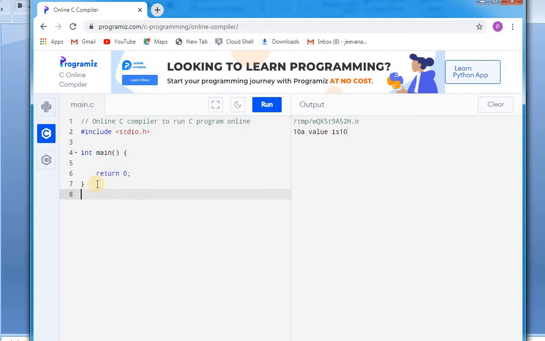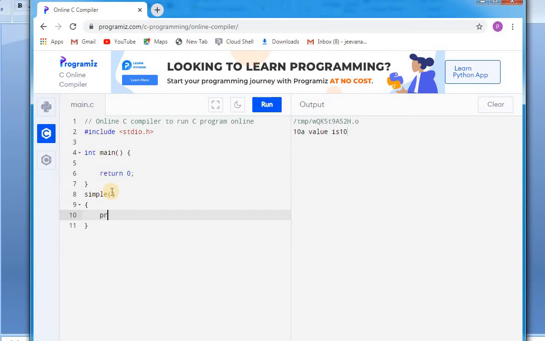So first I'll declare a function, then I'll go to this int main. First I'll declare a function which is of no return type and no parameters. So I'll take it as simple, which is the name of my function. Okay, simple, and I'm not passing any parameters.